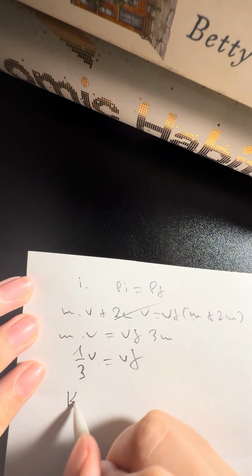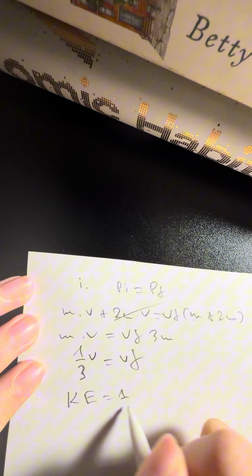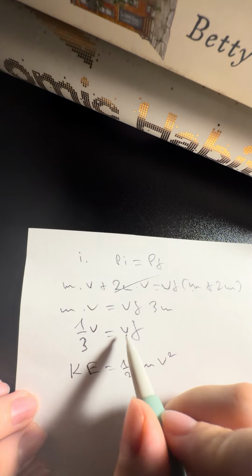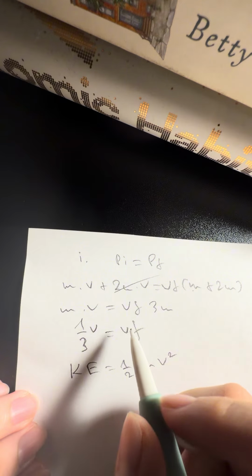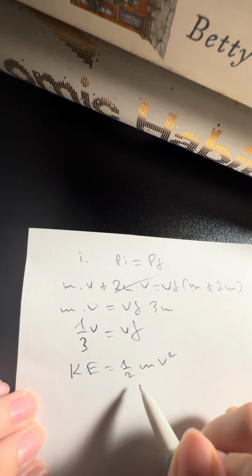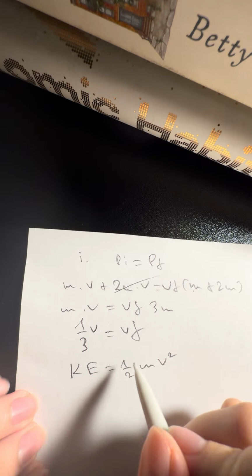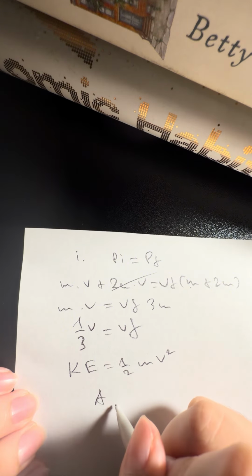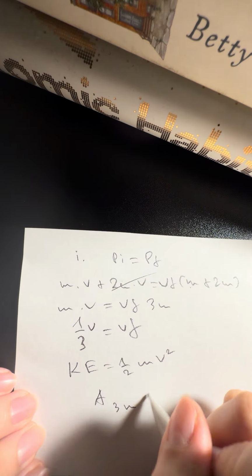So I use KE equal 1 over 2 mv squared. KE depends on the velocity. Since the velocity is decreasing by 1/3, the total energy is decreasing. With less energy, the spring cannot be stretched far. So A for 3m is smaller than